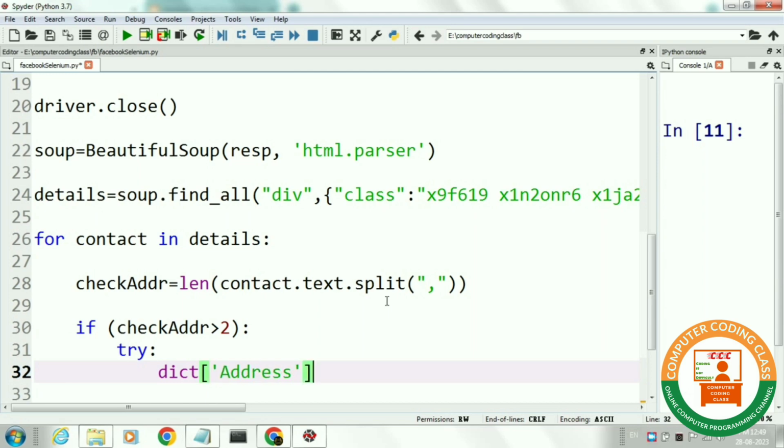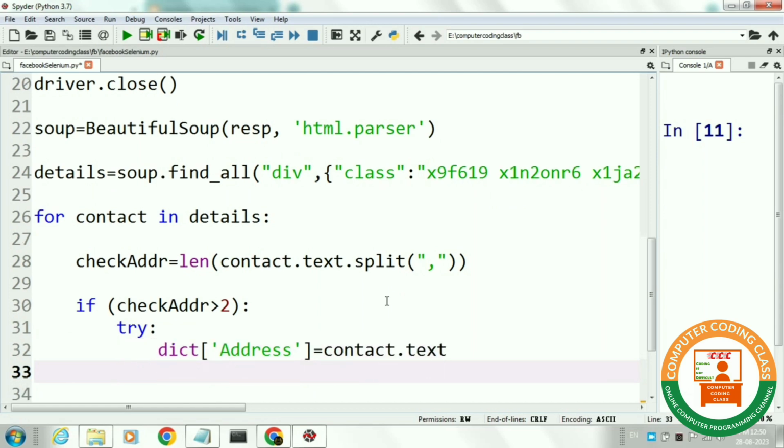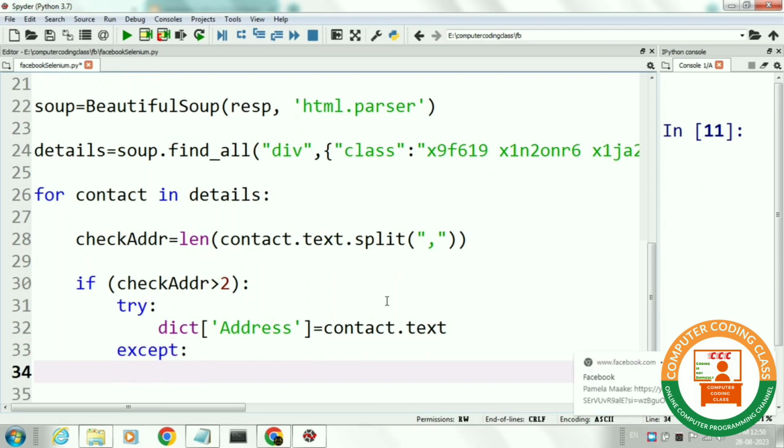Here I am using a try block for inserting data in the dictionary. If there is no word that has more than 2 commas, then it will go to the except block and add none as an address in the dictionary.